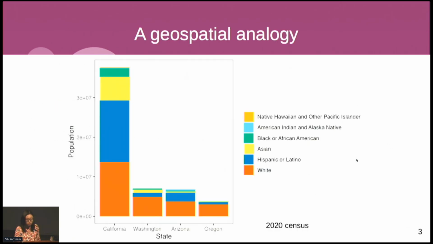If you have been to my workshop before, like last year, I often say from geospatial to spatial omics, because the geospatial tradition has inspired a lot of ideas in my packages. Here is the 2020 census data from a few states showing demographics, however problematic these categories are. You can see that California tends to be more diverse compared to some other states. But meanwhile, this data is missing a lot of information.